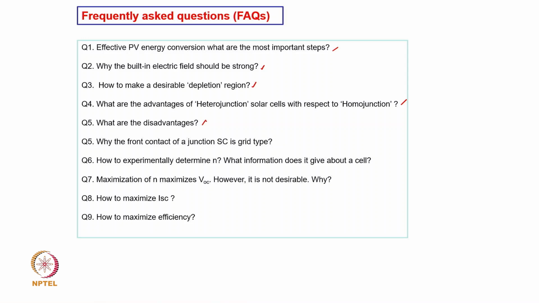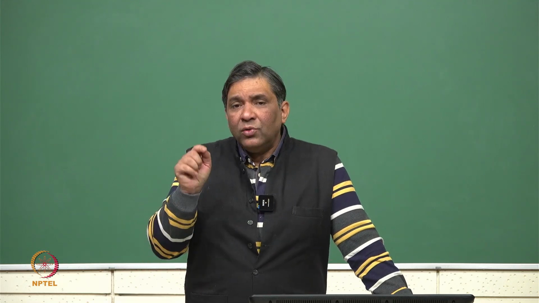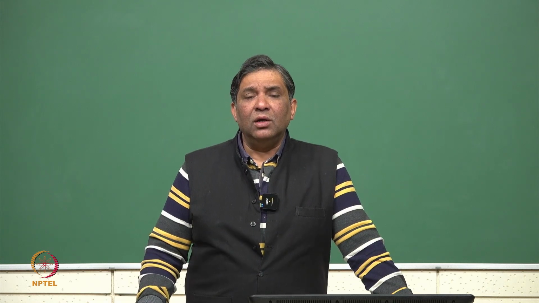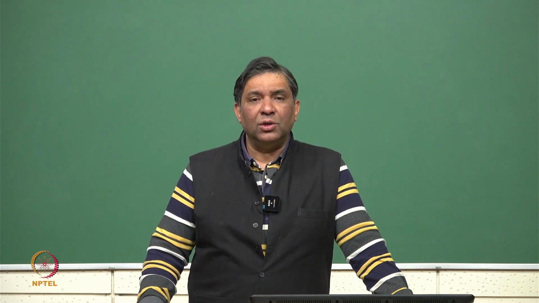The disadvantage is that when we grow material, suppose n type silicon and p type silicon, they are the same material. But if I take n type silicon with another material as p type, that means they are dissimilar materials. So, one material fusing to another material which is not the same can generate some kind of interface states or defects. And that is what we have seen in the defect assisted or defect mediated absorption process or recombination process.